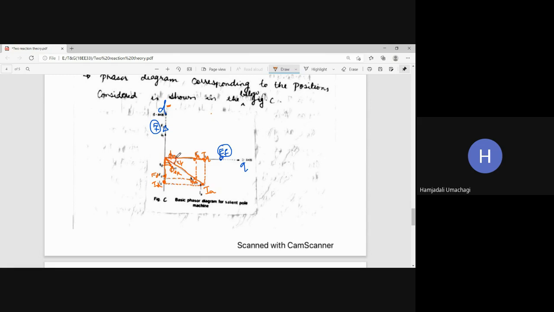Can you tell me what is the reason for that? The reason is very simple: this armature flux is very close to the direct axis, and the direct axis has the lowest reluctance. So flux will be more along the least reluctance path, that is the direct axis. Whereas the quadrature axis is characterized by what? Highest reluctance, highest opposition. Because of that, this psi AR will be away from the quadrature axis and very close to the direct axis. Is it clear?